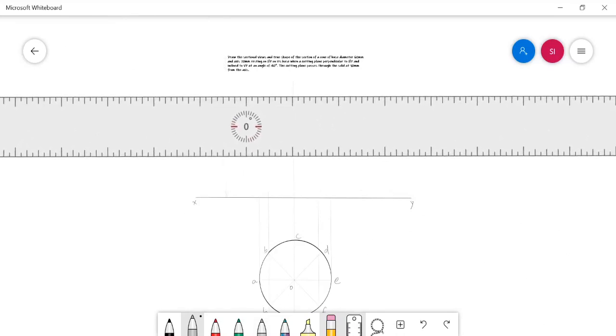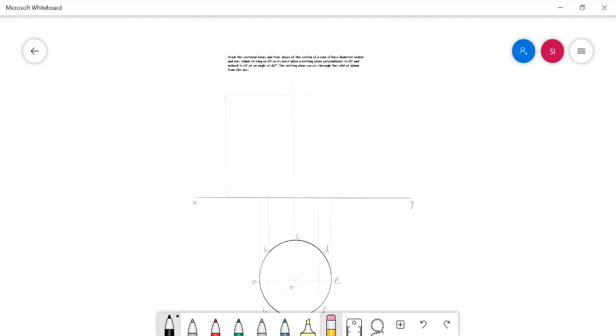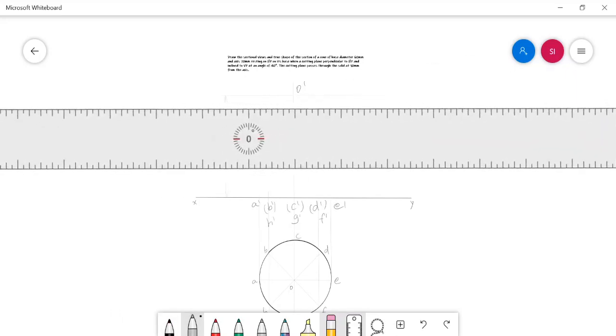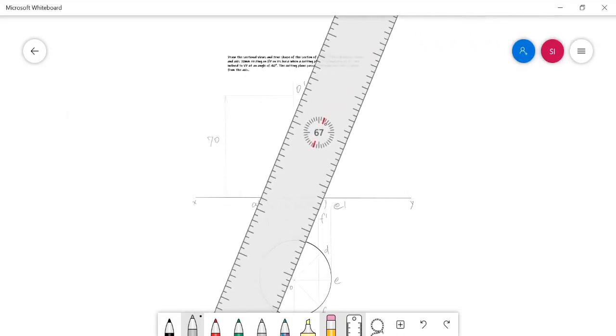At this height, I need to mark the apex point. It's O dash, and the base points are A dash, B dash, C dash, D dash, E dash, F dash, G dash, H dash. And now I have to connect the slant generators.